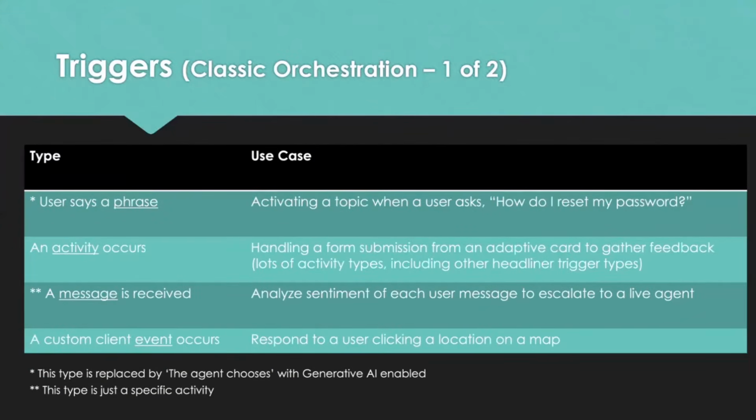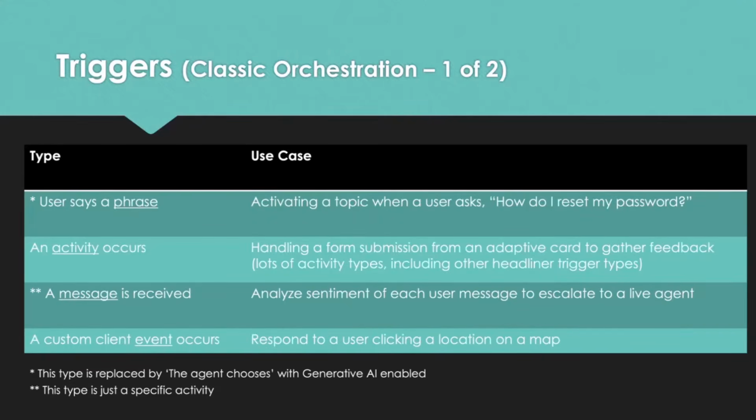So we've got a lot of different types of triggers by default. We've got our classic orchestration triggers, and then we have some generative orchestration triggers. Now, in the last few weeks, this has changed to the point where you normally had to enable generative AI inside of your Copilot to be able to see those generative AI features. That's now the default. So the good news is all of the classic trigger types are there still for you,